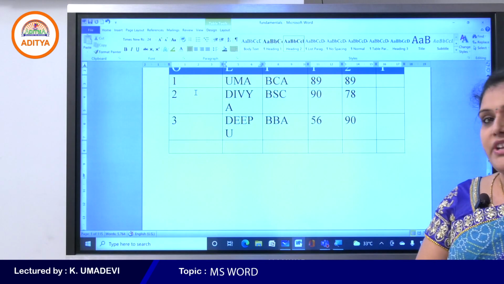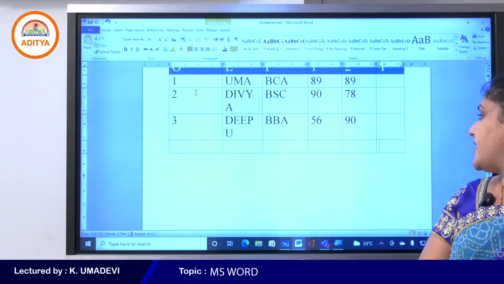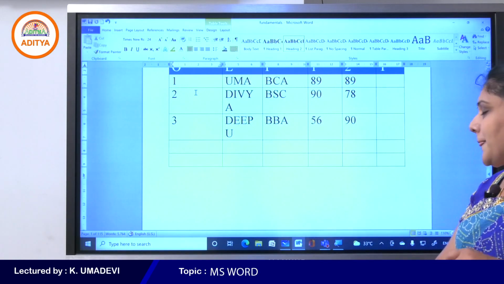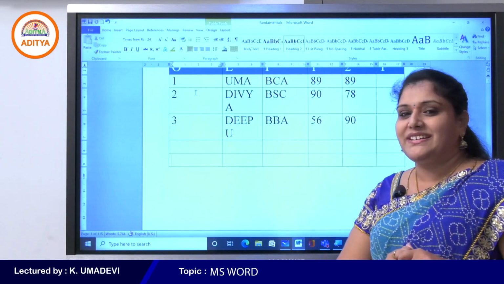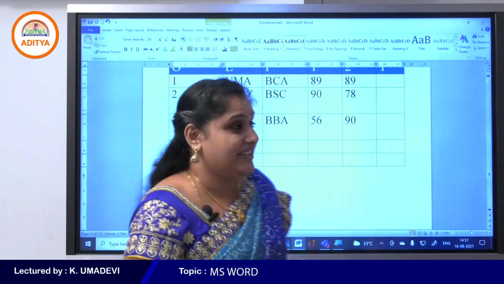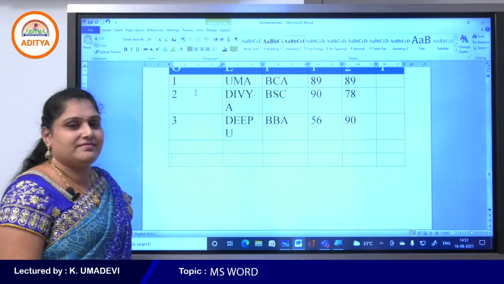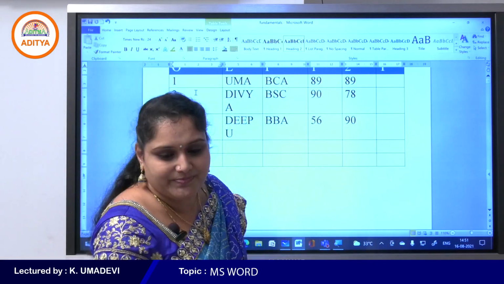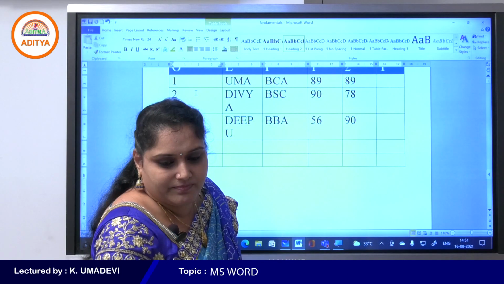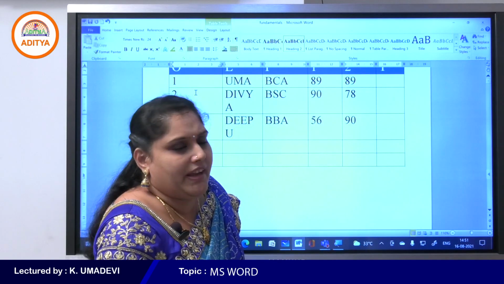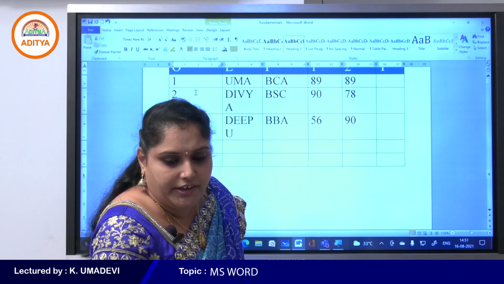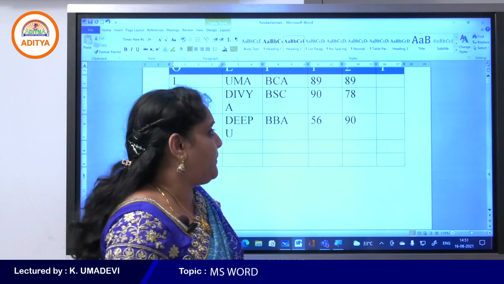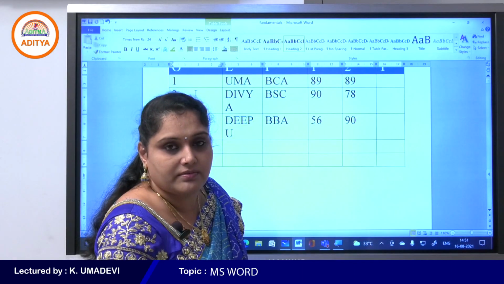Again it goes to the next cell. Again now we are in the last cell, again press the tab. What will happen here, students? What are the changes you observe here? When we press the tab at the end of the table, we can apply any type of font styles or font size, etc. I'll show you how to apply formatting for the text.